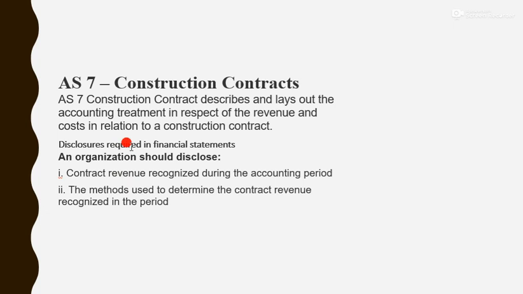In the exam also, they are not going to ask you to explain accounting standard 7 in detail. They will just ask you to list out the accounting standards. If it is for 6 marks, you just need to list out accounting standards by giving one or two lines of explanation. If they ask for 14 marks, then you go with the detail. Okay, students, we have done accounting standard 5, accounting standard 6, and accounting standard 7.